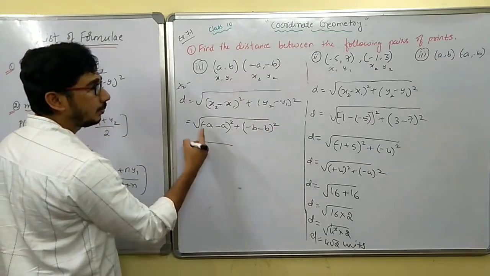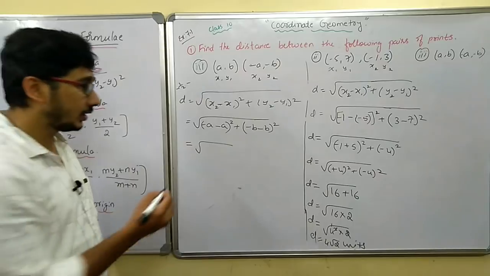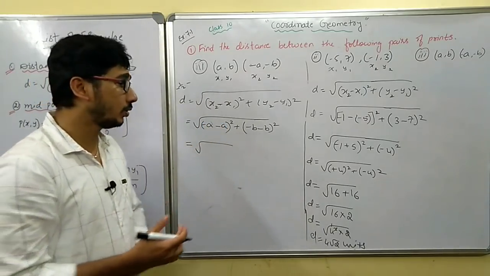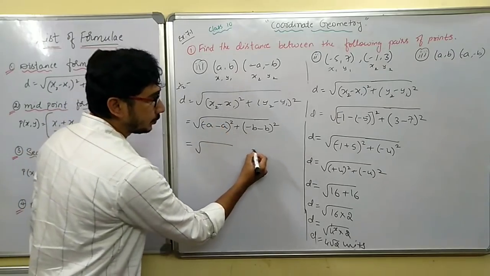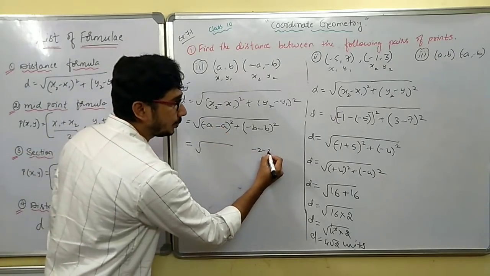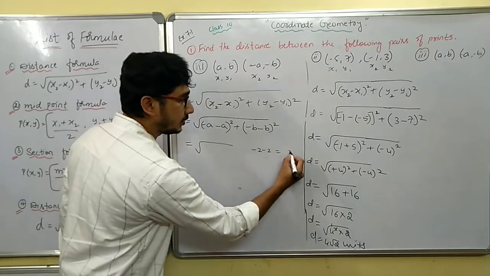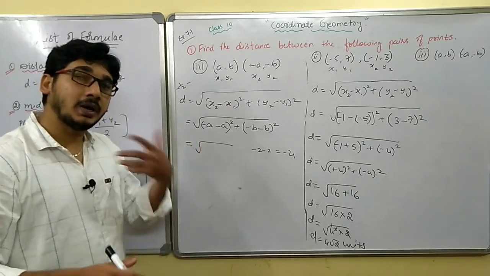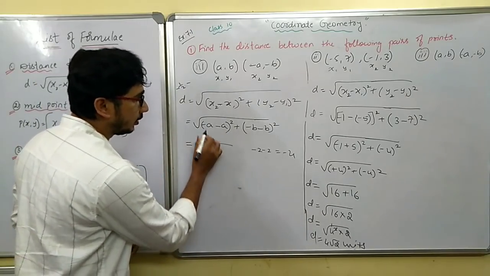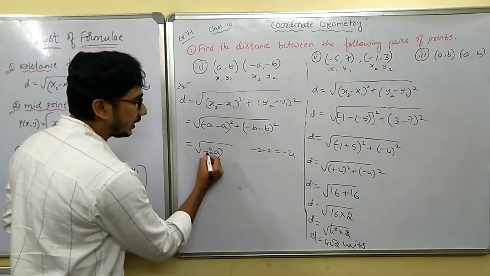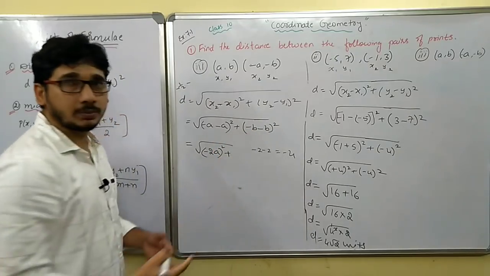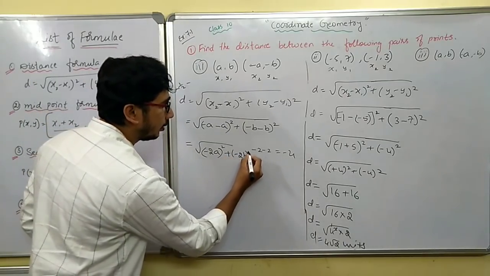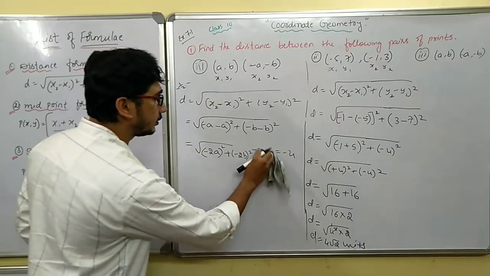Now what will happen? Minus a minus a. Here the multiplication sign is not there. It is just minus 2 rupees credit, again minus 2 rupees credit, totally 4 rupees credit. Okay, like this, minus a minus a is totally minus 2a. Remember, please remember, minus 2a whole square as it is, plus minus b minus b is totally minus 2b, minus 2b whole square. Okay, I'll rewrite this.